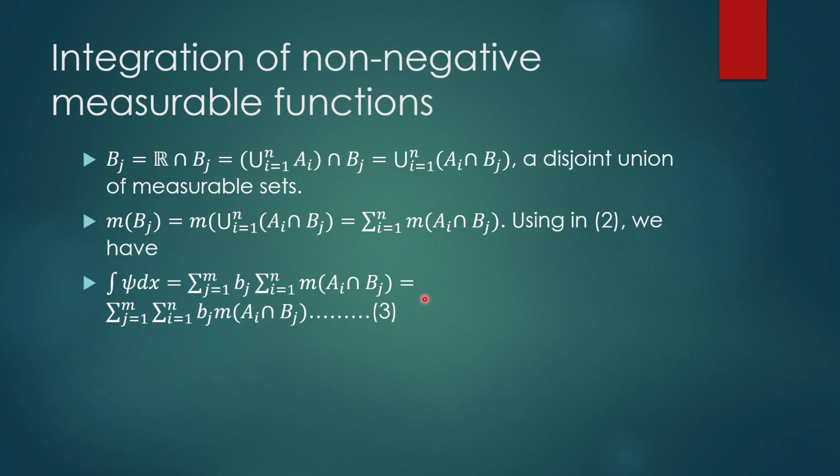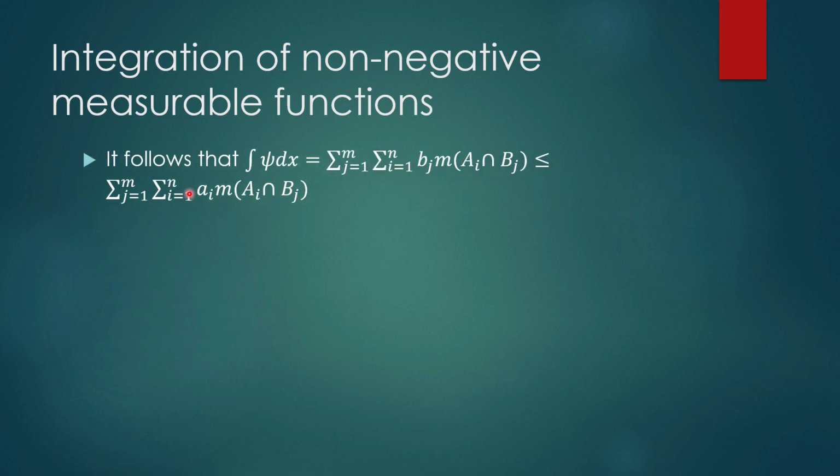and that is exactly equal to the summation, j running from 1 to m, the summation, i running from 1 to n, of bj times m ai intersection bj. But psi is less than or equal to phi, therefore bj will be less than or equal to ai if the measure of ai intersection bj is positive. Okay. So it follows that the integral of psi dx is equal to the summation over j of this one, and that is less than or equal to, if you replace bj by ai, since ai is greater than bj, this will be